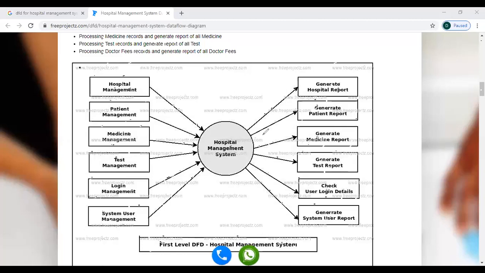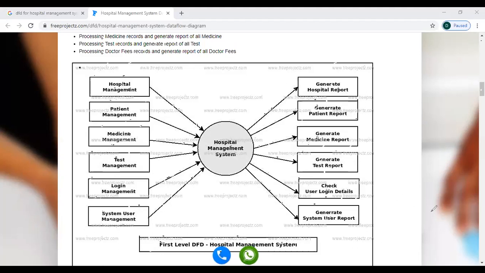Otherwise he may ask for some tests, so we go and take the tests and submit the reports to the doctor. Again, he will give some medicines according to the situation, right? So this level 1 is purely about the internal workings of the hospital management system.